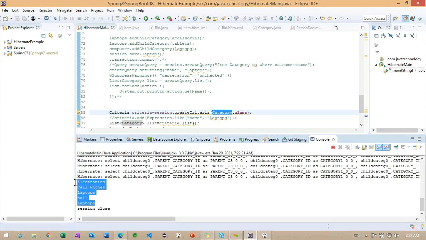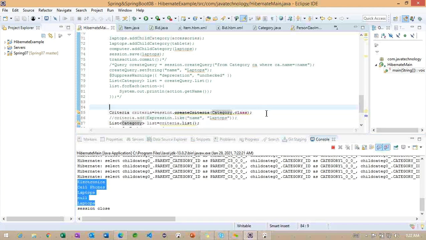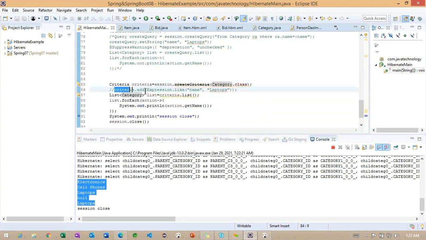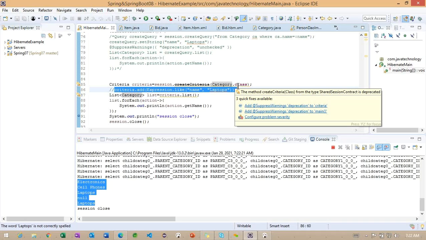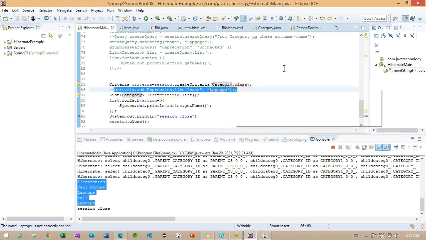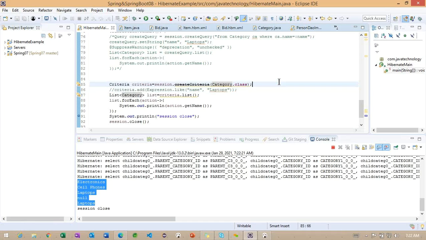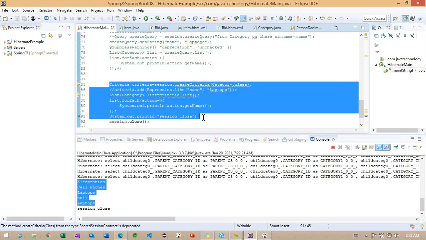All the records are going to be loaded here. So if you want to load based on some condition, what can we do? We will make an expression to load the specific records. Getting the point? This is all about the criteria object making some restriction.